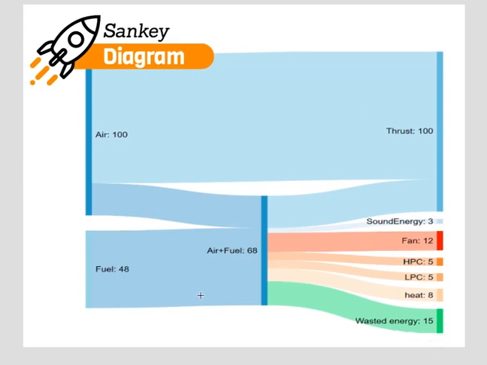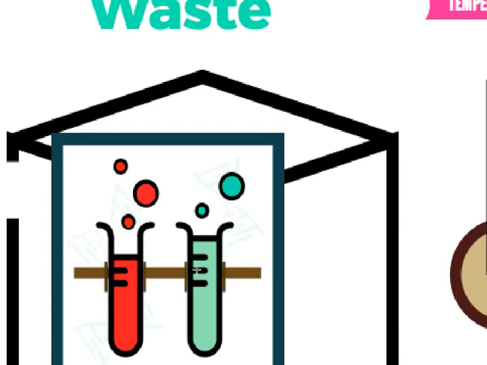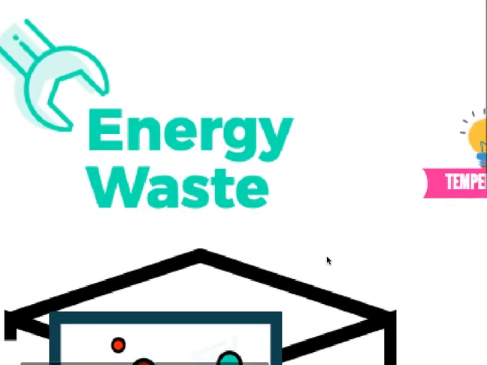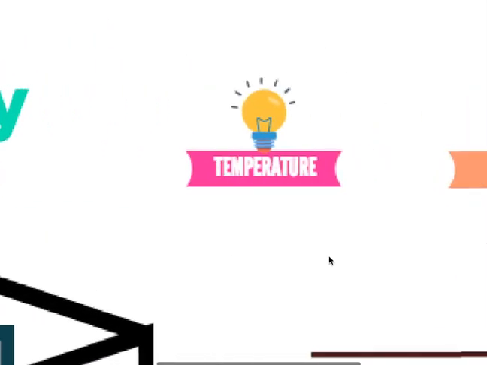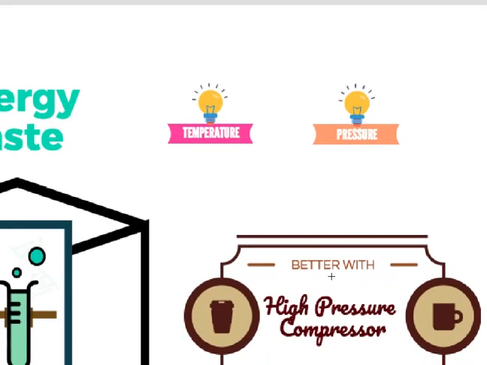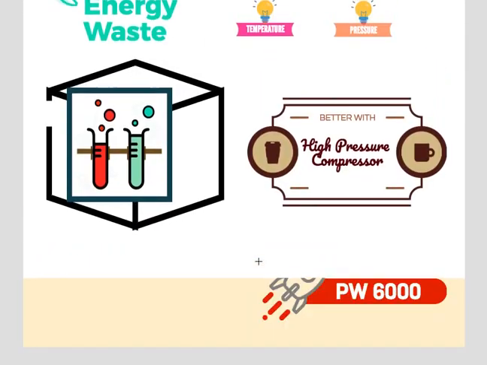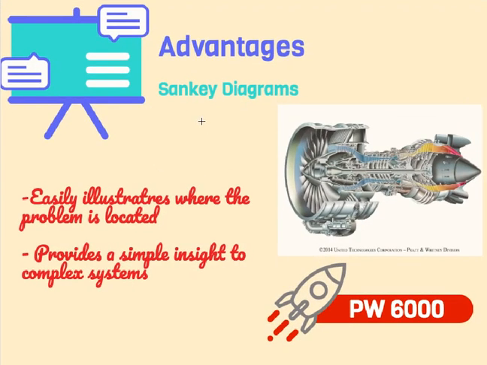After doing the Sankey diagram, you realize there is waste energy in the combustion chamber, implying that the fuel is not completely ignited. With your engineering knowledge, you know that this could be caused by the air not being at the correct temperature or pressure, so your suggestion is to improve the high pressure compressor. Thanks to the Sankey diagram, the problem was easier to detect,